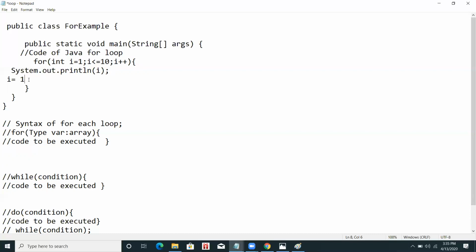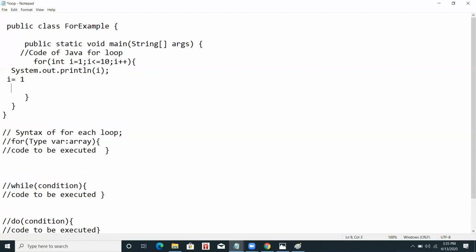So now the value of i is 2, so 2 is printed. It again goes upward and updates the value of i. Now the value of i becomes 3. It again checks the condition, it becomes true, it again comes inside this block and prints the value of i.